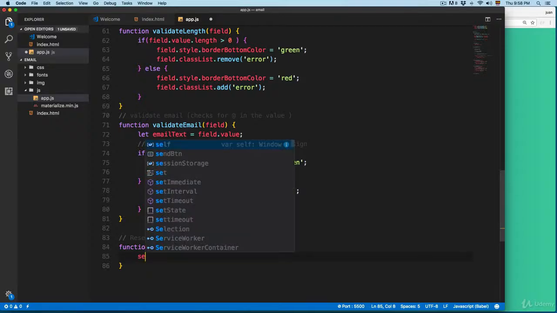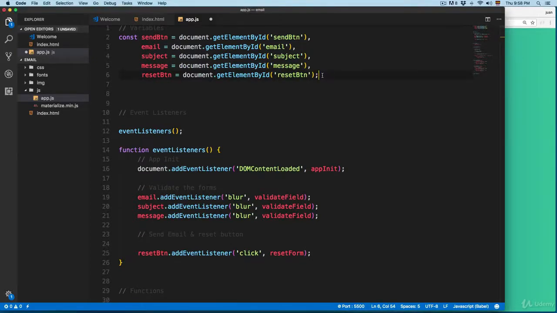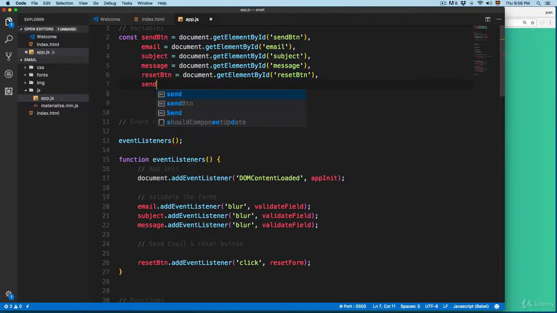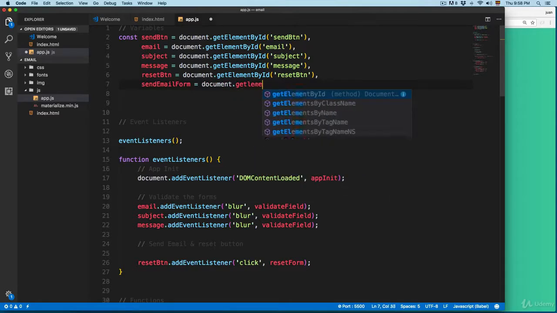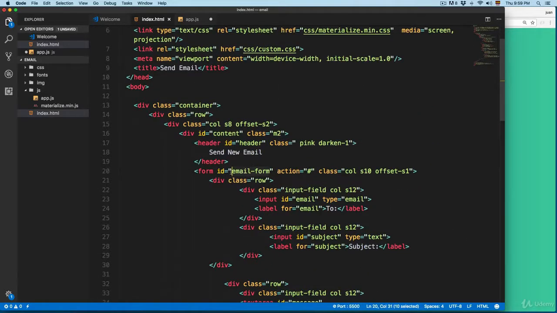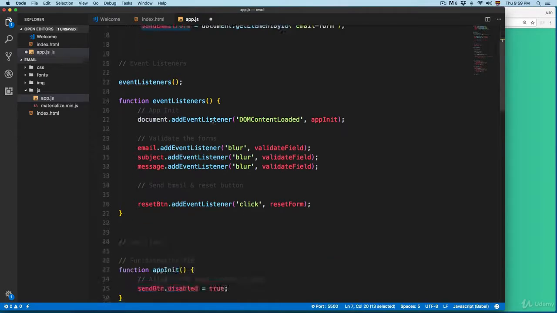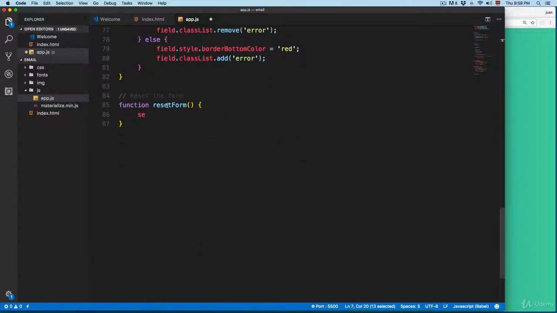I'm gonna add the variable for this form, and I think we haven't created this yet. So we're gonna create the last variable. This is going to be the last one. It's going to be sendEmailForm. It's going to be equal to getElementById, and we're going to pass the form ID, which is this one, email form. So paste this right here, and then we're gonna copy this, scroll to the bottom, and right here